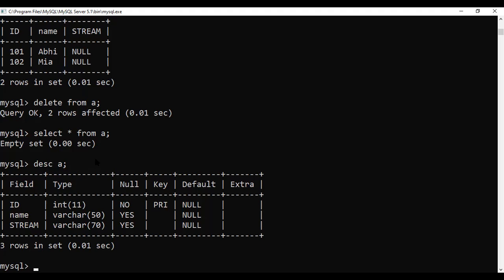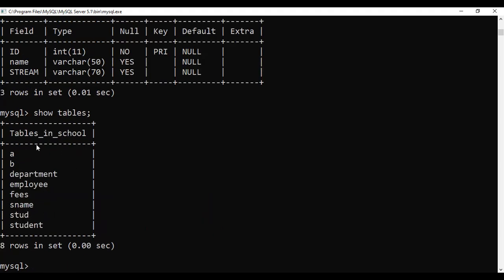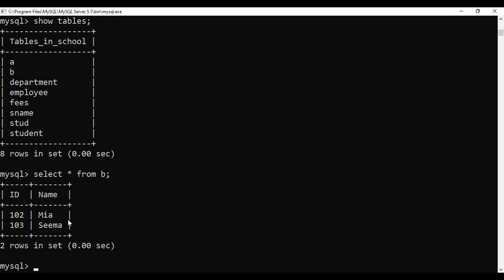But I only want to delete a particular record. Again, I'm just showing show tables. Still the table is existing. You can see A is existing, but the records are not there. Now I come to select star from B. You can see these are the records available.